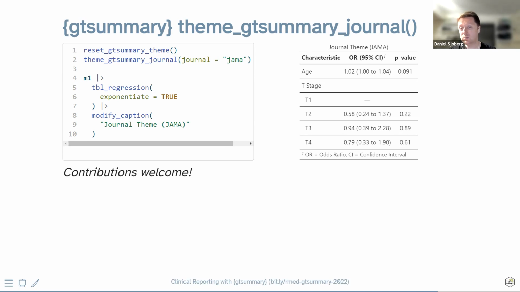Previously, the confidence interval wasn't bounded in parentheses, but now it is. And rather than a comma between the upper and lower bound, they like to have the word "to." Another thing you might notice is that the p-values, large p-values, were typically rounded to 1 decimal place, and now it's to 2 decimal places as dictated by JAMA's reporting guidelines. So we have themes for the Lancet, New England Journal, and a couple of others. And so if you're publishing in a field that requires a bunch of these small changes, definitely hit me up on GitHub and we can collaborate and add your journal's themes as well.